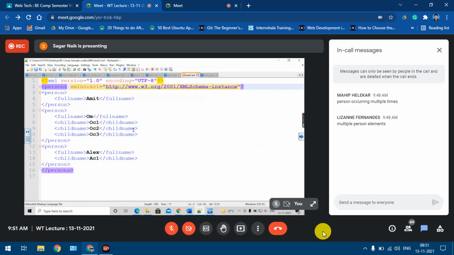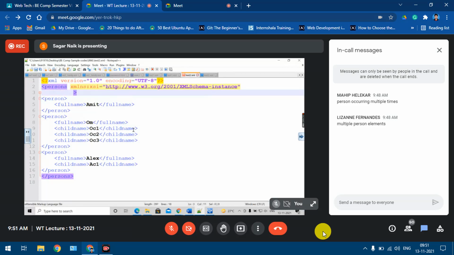And what was the second attribute? With that xsi prefix you have to define xsi:noNamespaceSchemaLocation equal to the name of your schema file. And what is the name of my schema file? cache2.xsd. Understood?